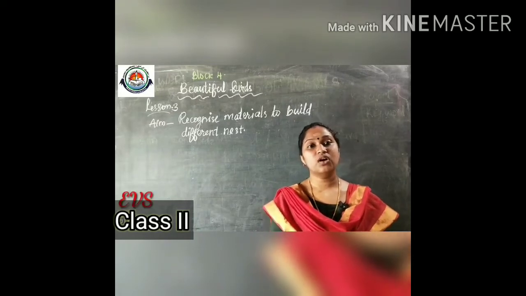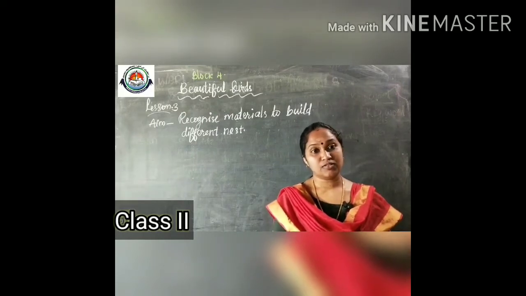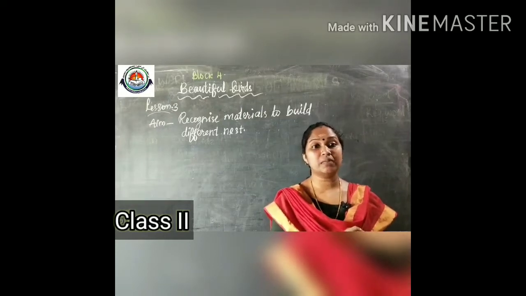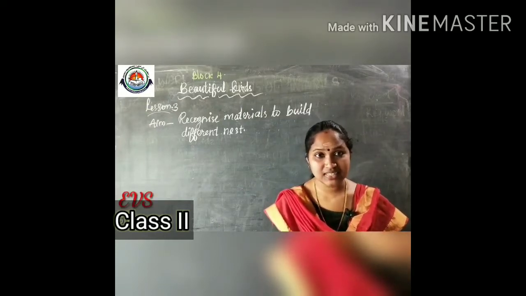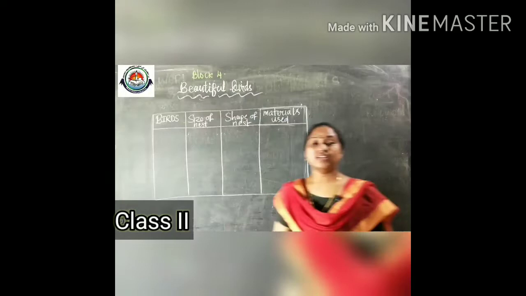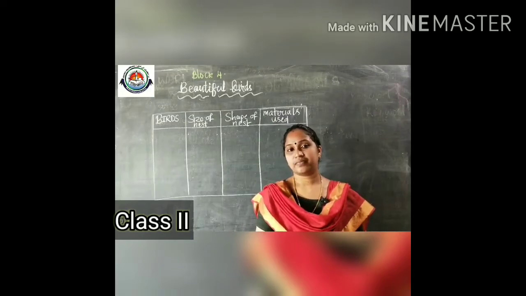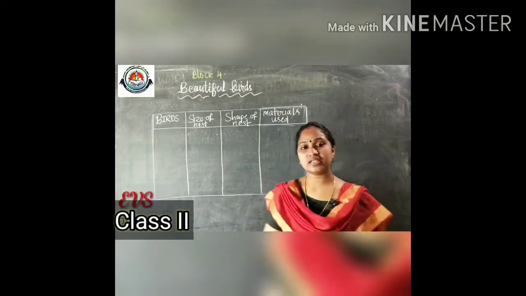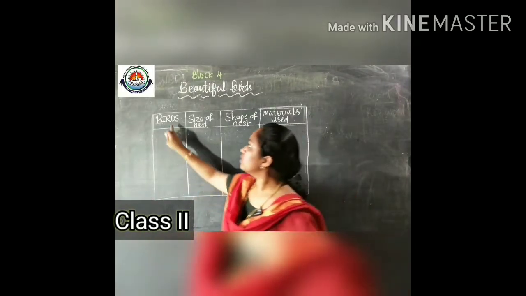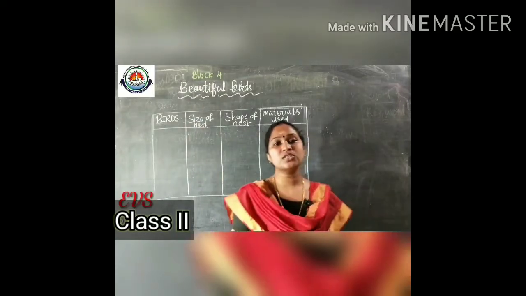First of all, we have to observe the pictures of some birds and their nest. After that, we have to complete one table also. Actually, I need your help to complete the table. Will you help me to complete it? Yes, good kids. So, shall we start? Okay, ready. Now, children, we are going to observe the pictures of some birds and their nest. Along with that, we need to complete this table also. Which are the things we need to write in the table, you know? Birds and the size of nest, shape of nest, and the materials used to build their nest.